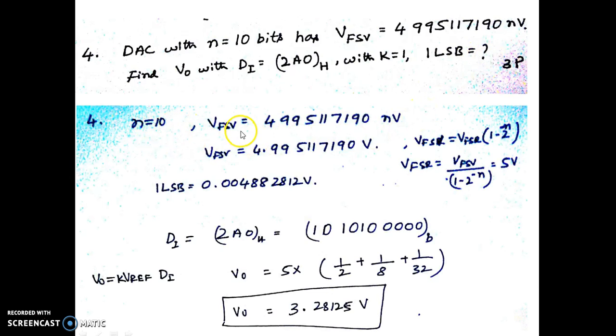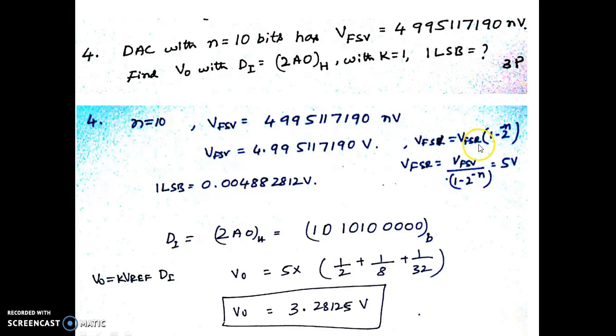Since n is equal to 10 and V full scale voltage is given as so and so, you can take out this nano and you count 9 bits here. From here it is 1, 2, 3, 4, 5, 6, 7, 8, 9. So that's why it is 4.99 volts. So this is the FSV. So we know that